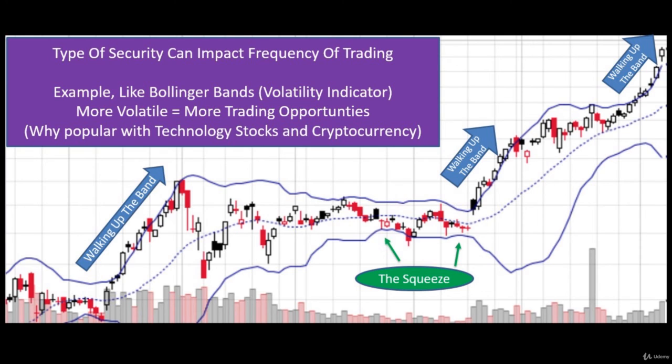So understand that if I like one type of trading indicator or tool, sometimes that can impact how frequently I want to trade. If you're not a very active trader, and you trade maybe once a week or once a month, Bollinger Bands might be perfect. And if you're looking at volatile securities, they're terrific. But if I'm trading less volatile securities, only looking at a small number of them, and looking once or twice a month for an opportunity because that's the amount of time I have, you might not see as many opportunities. You might see more opportunities with something like a chart pattern or a candlestick pattern, something that's more common.